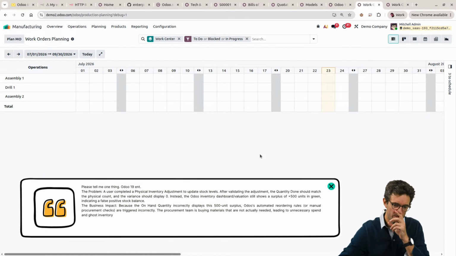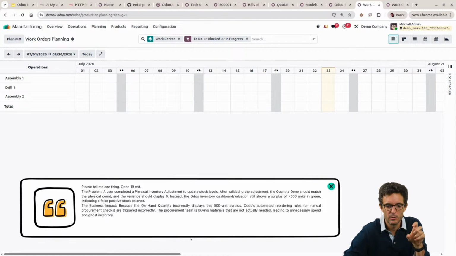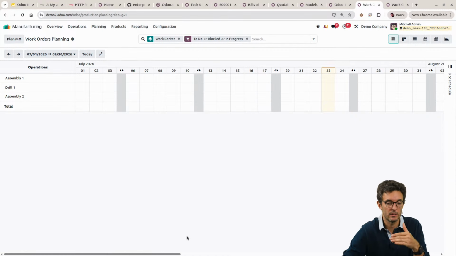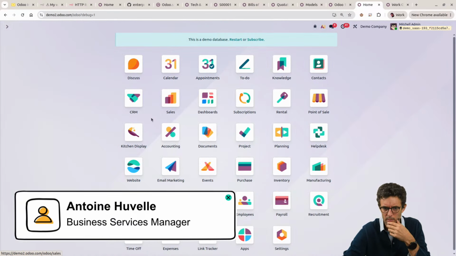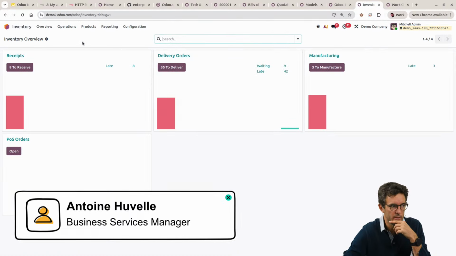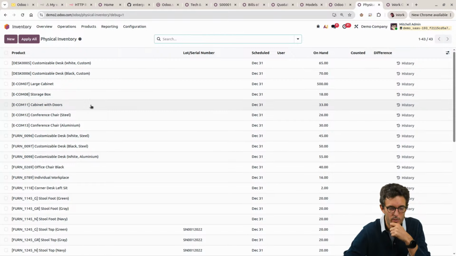It is weird because, to me, this one shouldn't happen, especially the first part, because the business impact is, as you name it, the impact of the first issue, but the first issue shouldn't be there. I'm curious about this one. I'm going to try to replicate this in the inventory application by going to physical inventory here,